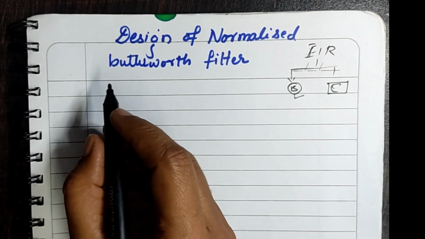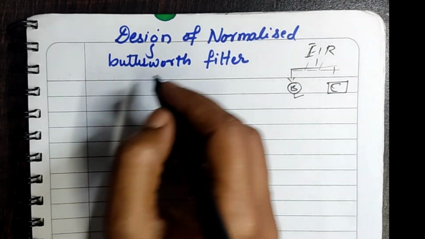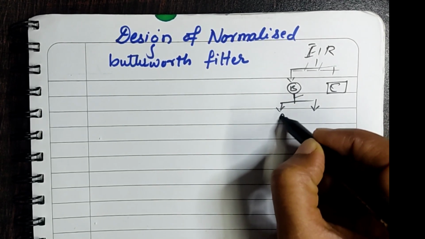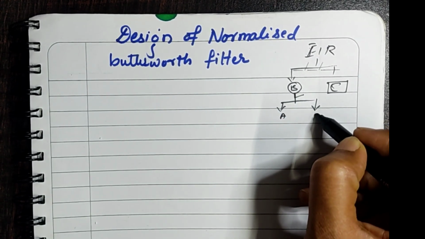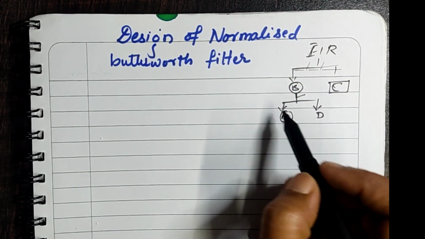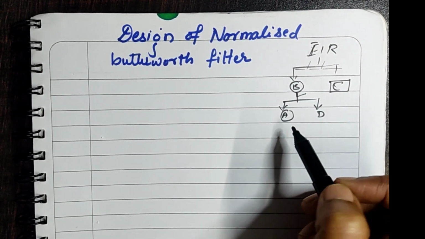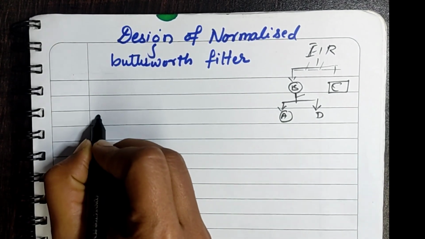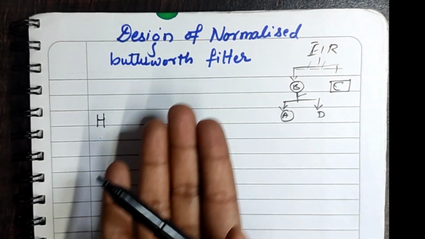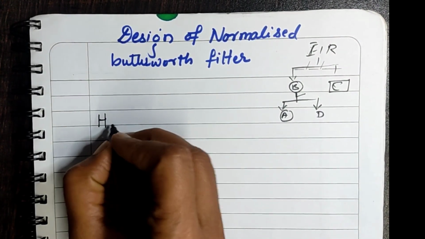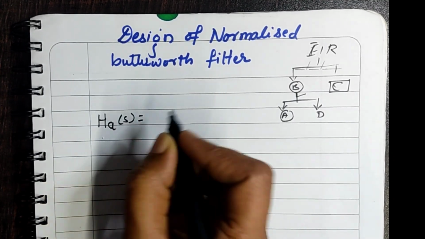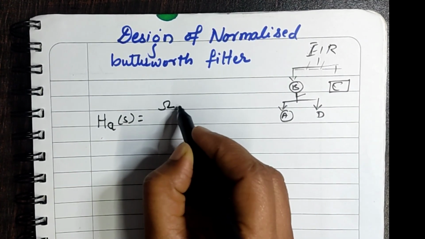To design this, we again have two types. One is the analog Butterworth filter, and we have the digital Butterworth filter as well. Now we will see how to design the analog Butterworth filter. To design this we have a transfer function. We can always express the design of filters in the form of transfer functions. Since it is analog, we can write HA(s), the analog Butterworth filter's transfer function, as